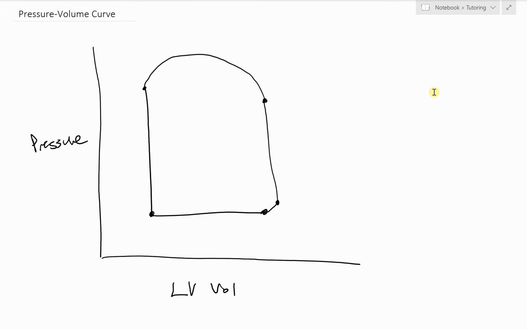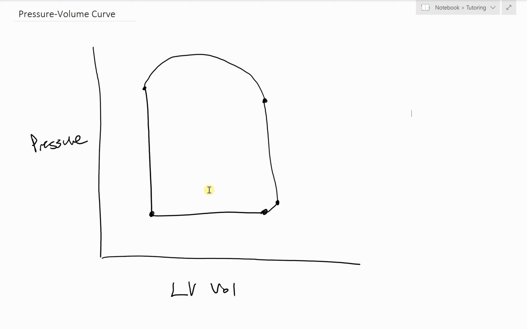In today's video, we're going to discuss some cardiac physiology, specifically looking at the pressure volume curve. For this example, we're going to focus predominantly on the left ventricle. However, these concepts can be applied broadly. The reason we're going to use the left ventricle as the example is because it's the one that's most frequently used in diagrams, and because it then gives us some anatomical markers that we can discuss instead of a broad